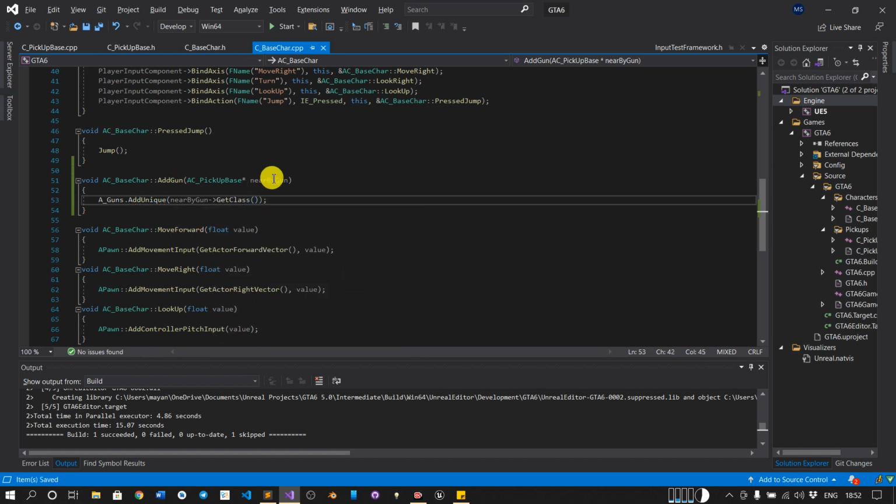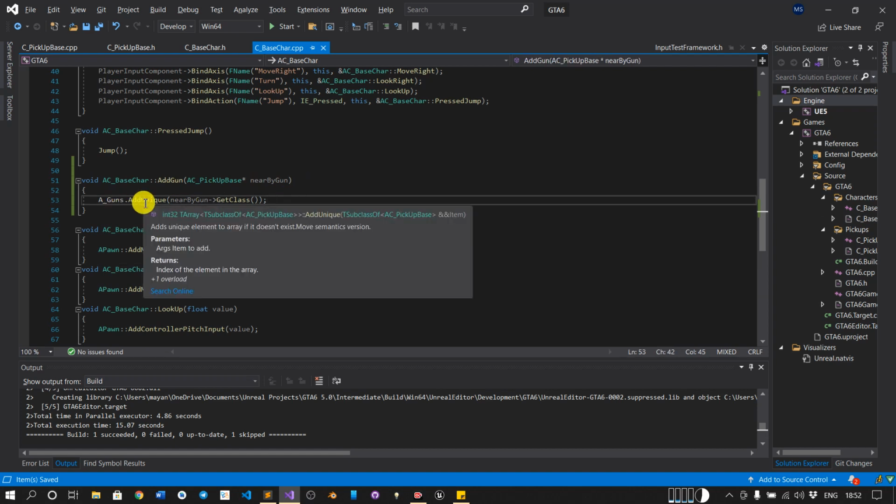We just want to store the class reference, not the object reference, because if we haven't equipped the gun, we don't want to show that gun. So we will just store the class. It returns the index. See, AddUnique adds an element to the array if it doesn't exist.